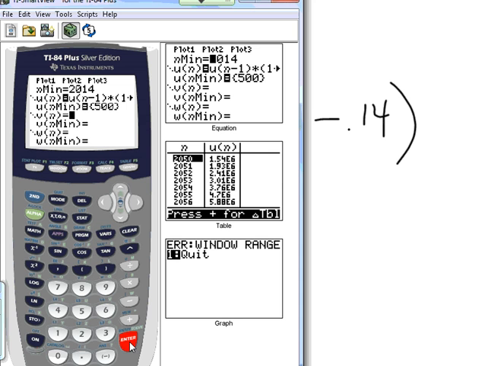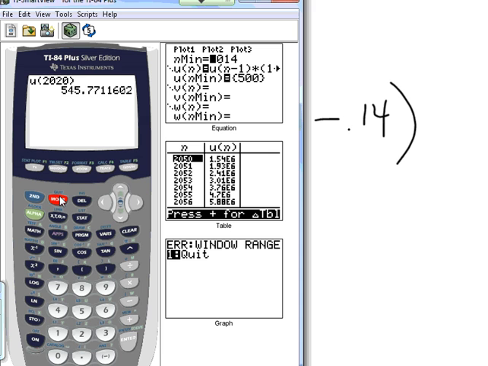Now, the cool part about doing it with a year as your sub number, instead of u sub 1 or u sub 0, we're using u sub 2014, is that now, everybody quit out of this. Remember, we had 500 wolves to start with. If you hadn't already changed yours to 500, it won't work out right now. But u is right above the 7. Everybody put in a u sub, let's say in the year 2030, 2030.